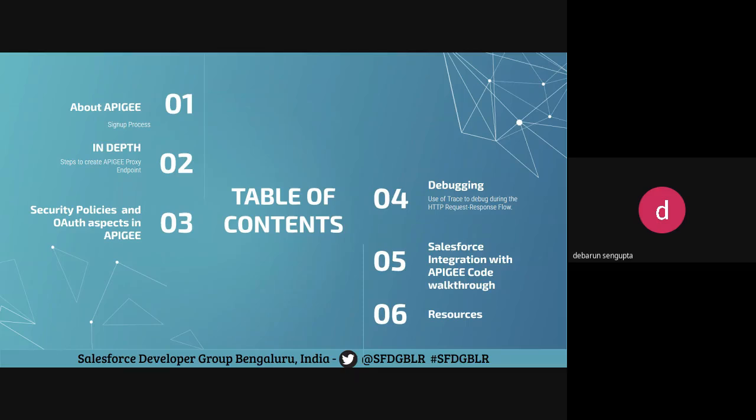FPG proxy endpoint. So in this approach, we will discuss basically two approaches. One is the no code approach, where we are using Flow and external services to achieve this. And the second one is via the coding approach, where we have created an Aura component to do a call out to the FPG.